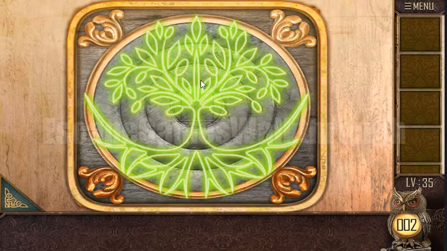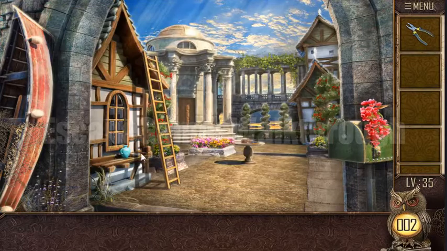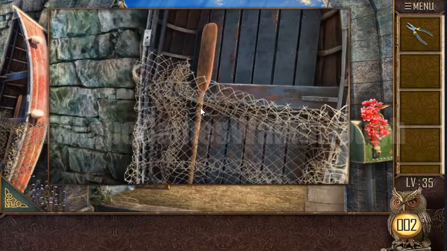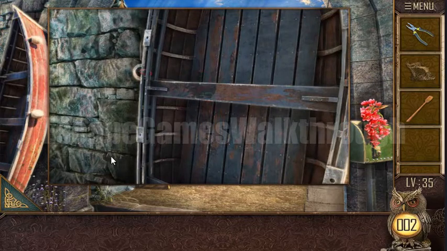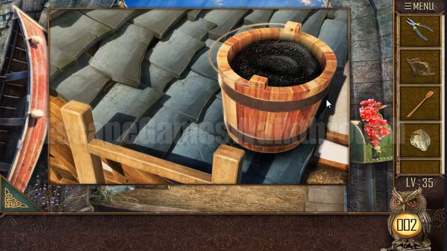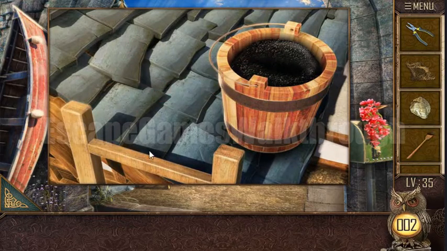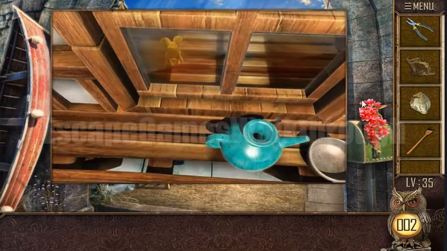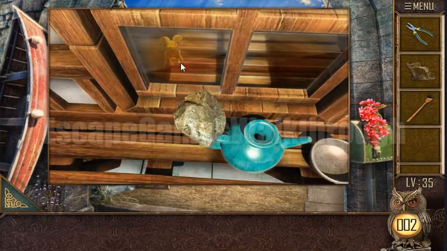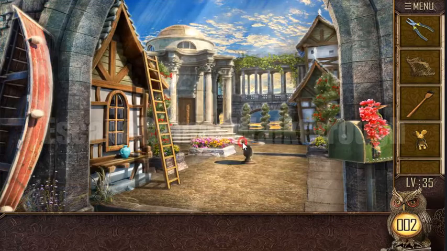Okay, we have opened it, and here's pliers. Okay, let's look here in the board. We can take the oar and the net, and let's climb upstairs. Here's the stone, and take some resin on a spatula. So with the stone we can hit the glass and get the mechanic mouse, and also here's a mechanic cat,